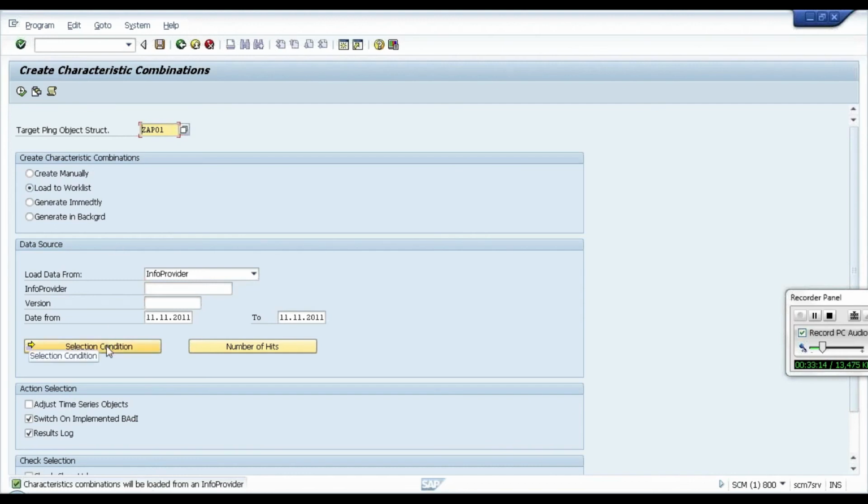For example, if you want to filter, say I want only sales organization 1 and 2, I don't want the remaining sales organizations from R3, you can filter here for only sales organization 1 and 2, so that it will create characteristics related to sales organization 1 and 2.